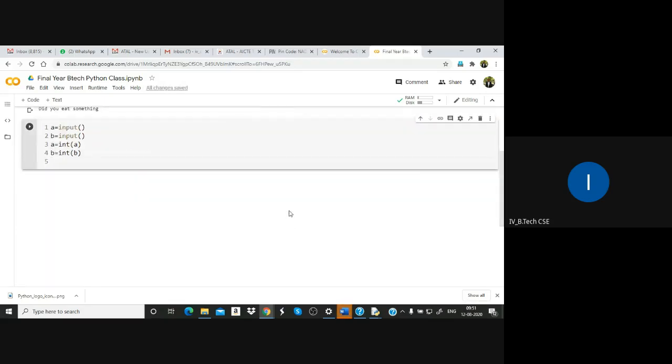Basically, whenever you take input, it will be in the form of strings. In that first line itself, you can apply the int function over the input function. That is also your wish. But I am doing it in the second and subsequent lines because I want to make this clear to you. So if A greater than B, then